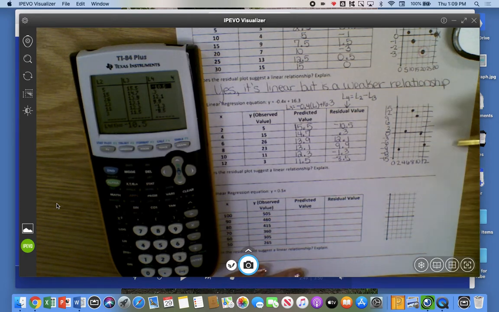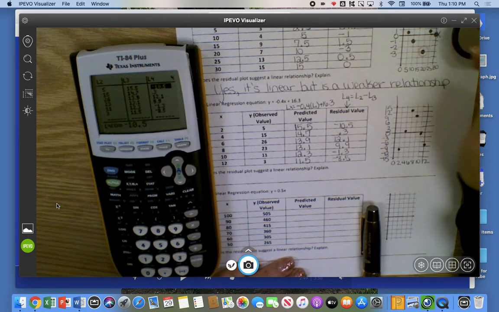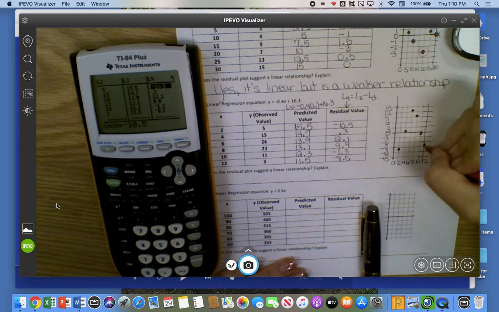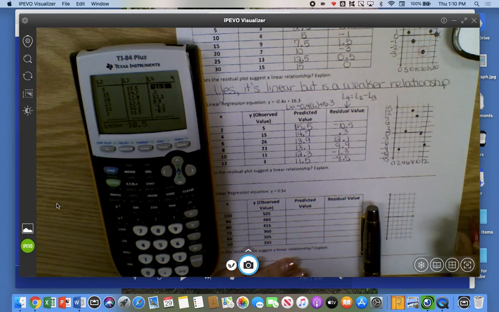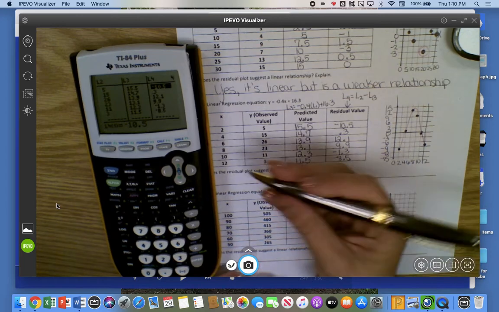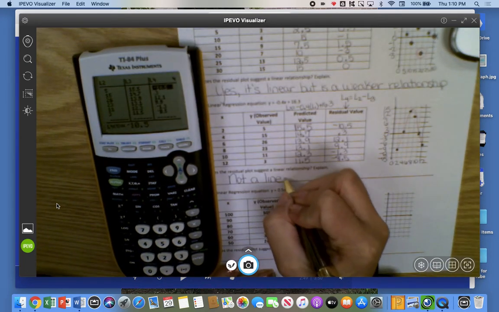So if you can see here, on that last example, it was above, then below, above, below. Like it followed a pattern. We had above and below all the way across. Here we have 1 below, and then 3 above, and then 2 below again. And so on this one, we definitely would not say that this is balanced because it has a pattern with it instead of no correlation. So this one we would say is not a linear